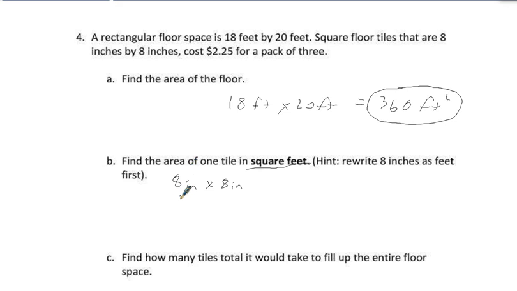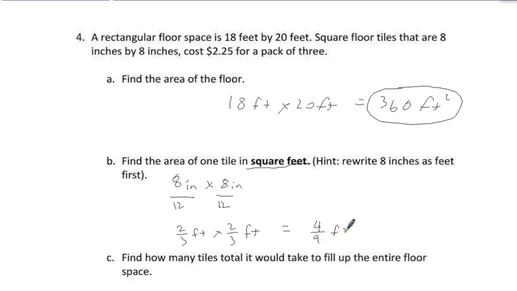So if I need to change inches to feet, I'm going to divide those inches by the 12 inches in a foot. That simplifies to 2/3 of a foot times 2/3 of a foot. That's going to equal